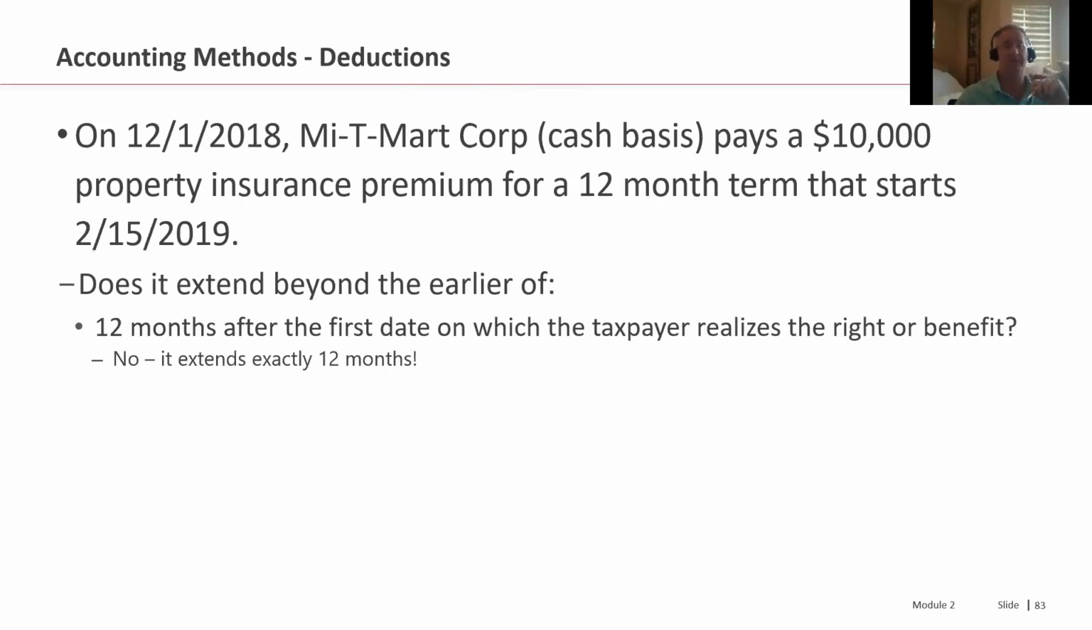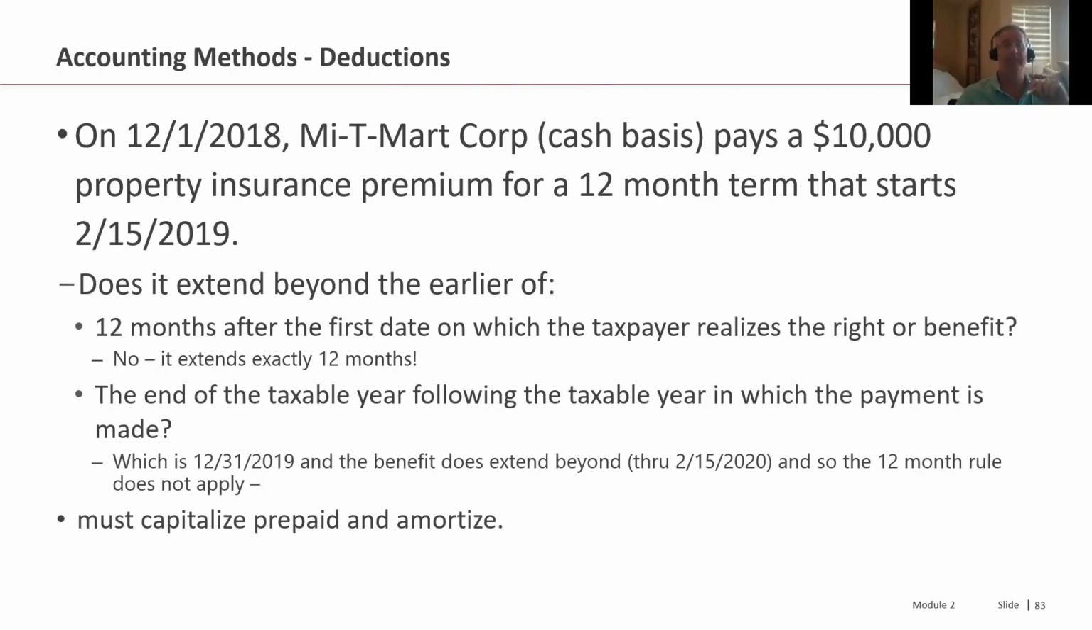So it's exactly 12 months, so it meets the first hurdle, but does it extend beyond the taxable year following the year in which the payment was made? Okay, the payment was made in 2018. Does the policy period extend beyond the end of 2019? In this case, it does. As a result, the 12-month rule cannot apply. This prepaid needs to be capitalized and will be amortized over the life of the policy, just like it would